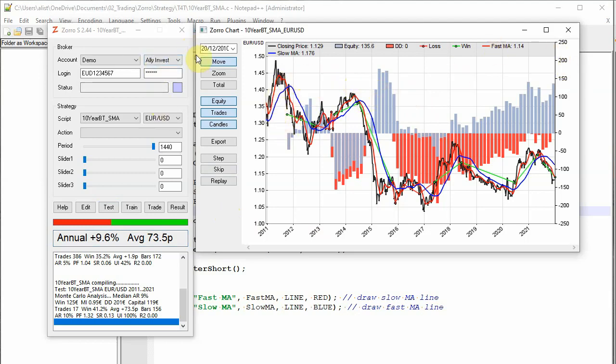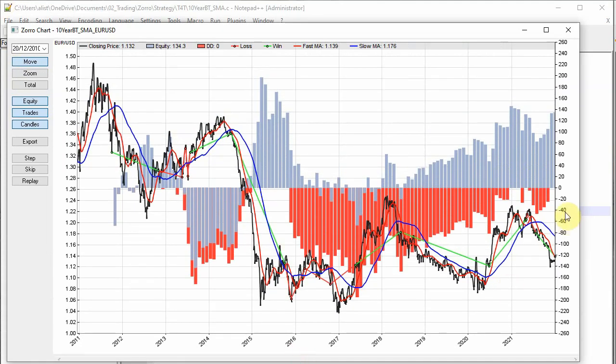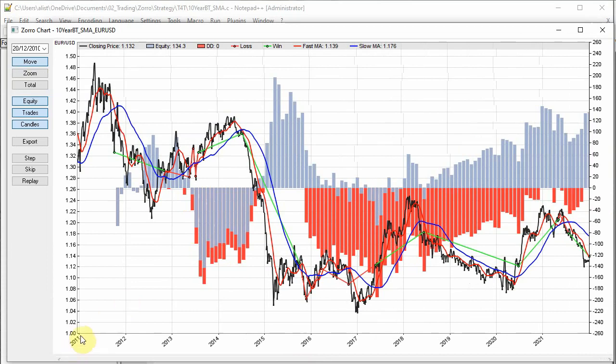But then when you look into the detail of this, you can see here, and I'm going to make this bigger so you can see it, this is the full 10 years, from 2011 all the way to the end of 2021. You can see the price in the black line going up and down, the fast MA in the red, and the slow moving average in the blue. And you can see over the period of the 10 years, if you do this on the daily bar, with 50 day and 200 day,